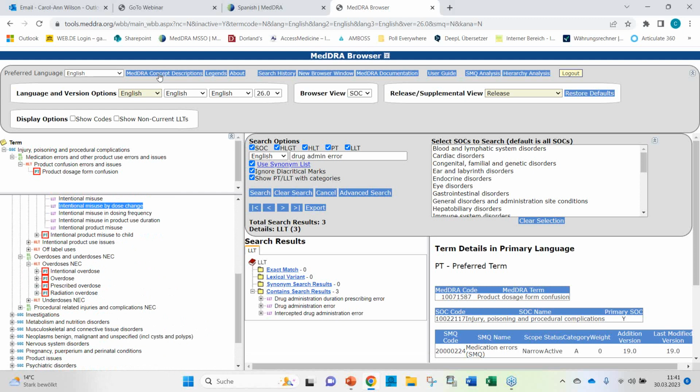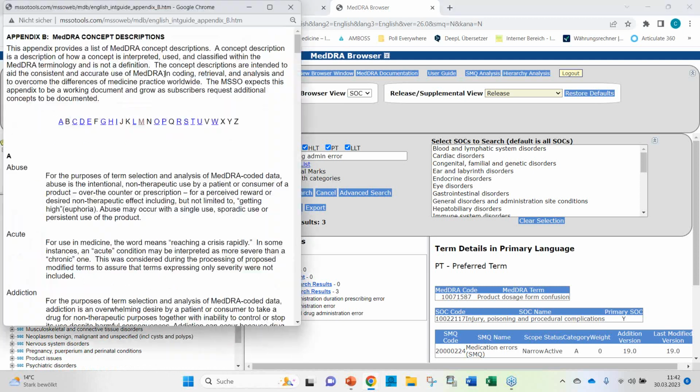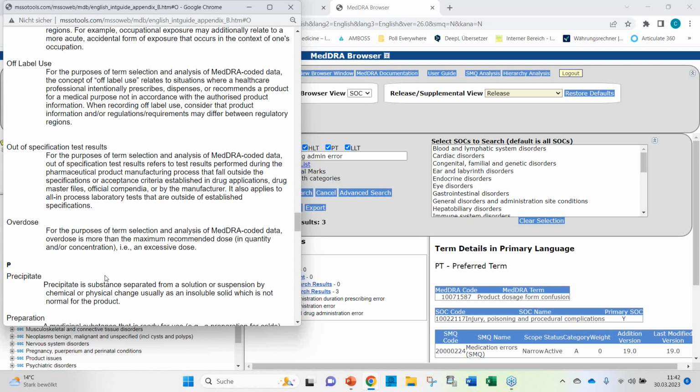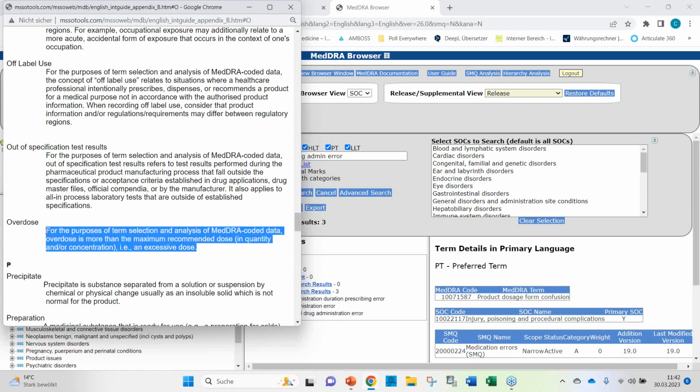So here the MedDRA concept descriptions again, the question before. If you click on this icon here, MedDRA concept descriptions, here they are, and they are sorted alphabetically. And if I look for overdose, here's a concept description. For the purposes of term selection and analysis of MedDRA coded data, overdose is more than the maximum recommended dose in quantity and or concentration, i.e. an excessive dose.